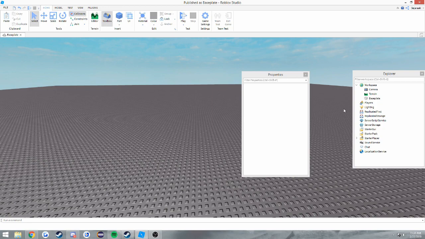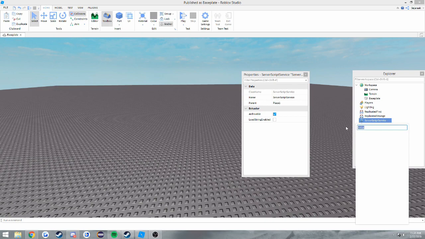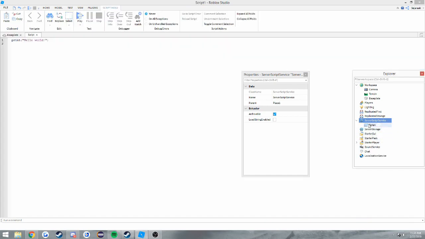And when we get into databases and data storage, it will be useful to save data into an external database on the Roblox website, create values within a player, and then populate those values with the values from your database. So that's kind of confusing to think about right now, but we will tackle that in a later tutorial on data storage. But for right now, what we're going to do is add a script,